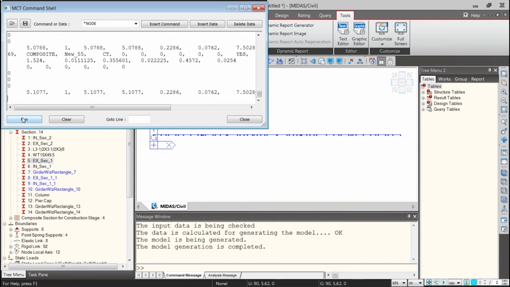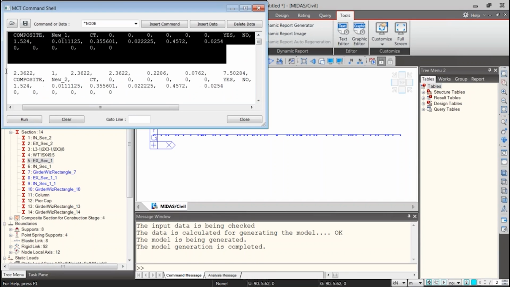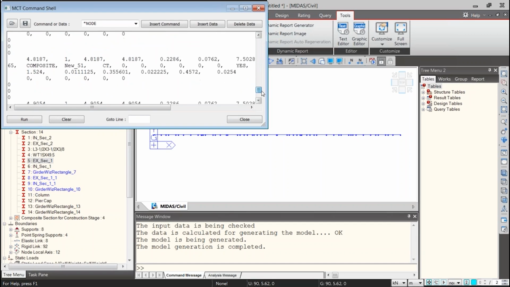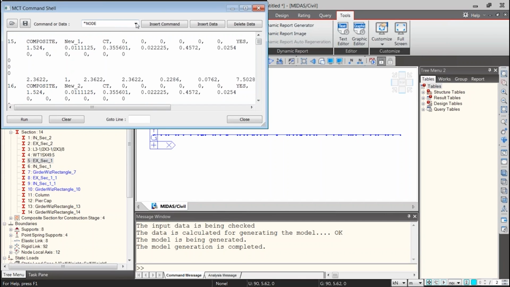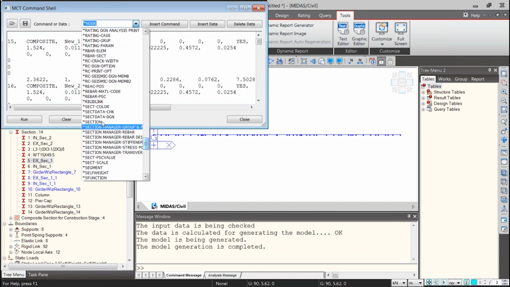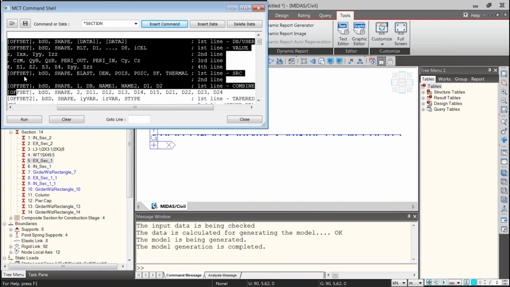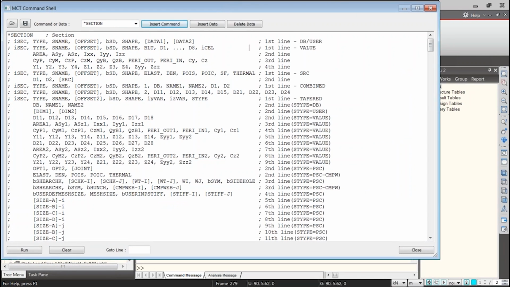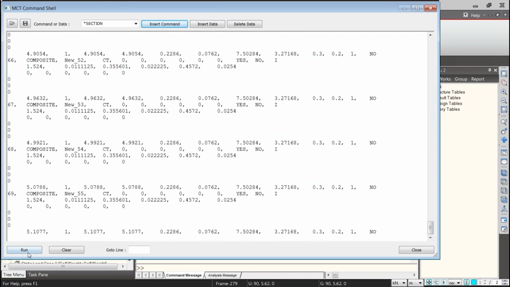Now if you click on run, it won't run because although it has all the information, it doesn't know what this is. Is this a section? Is this a node? Is this a material property? So in order to identify these things, you have to enter a command just before the input. So you can enter a command of section. So you can see that the section command has been given. Beneath this section command, you can find all the sections that you have just created.